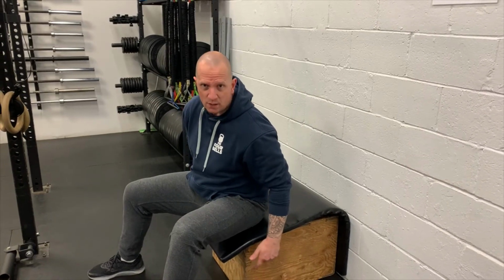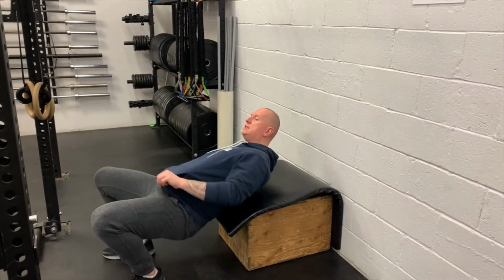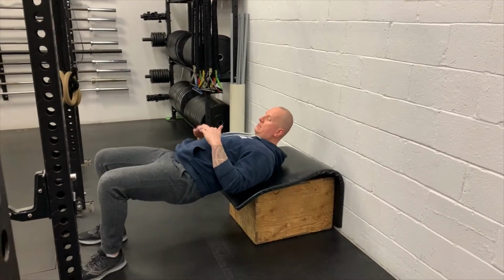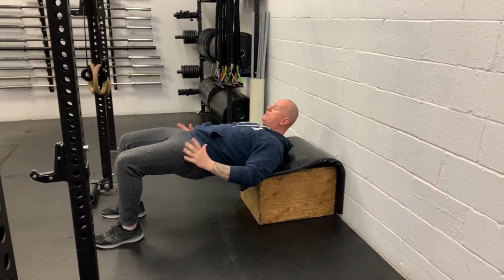But either way, whatever I'm setting up on, as you can see here at the gym, we have a box with a mat over it. I'm going to set up so the edge of my box is just underneath my shoulder blades. So I like to set up first with both feet. So that means at the top, I'm looking through and I'm trying to tuck my tail between my legs, squeeze